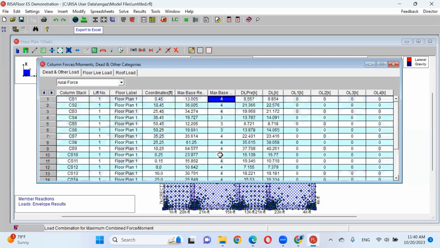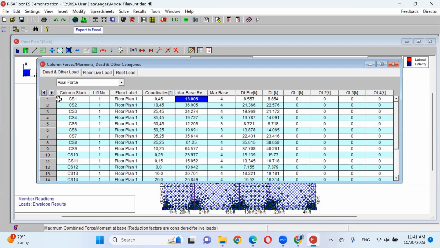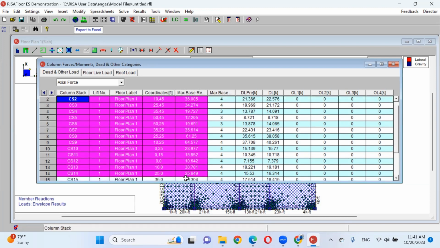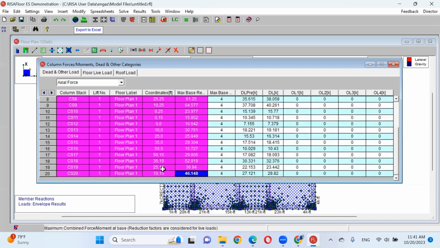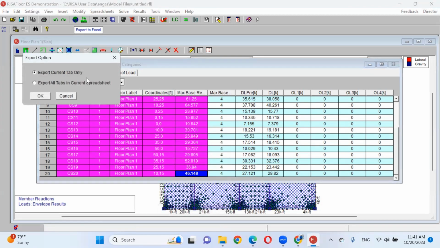If you would like to import the whole table, that's fine. It's okay. But I do recommend to highlight the first 4 columns, including the name, the coordinate, and the maximum base reaction. Then right click, export to Excel.